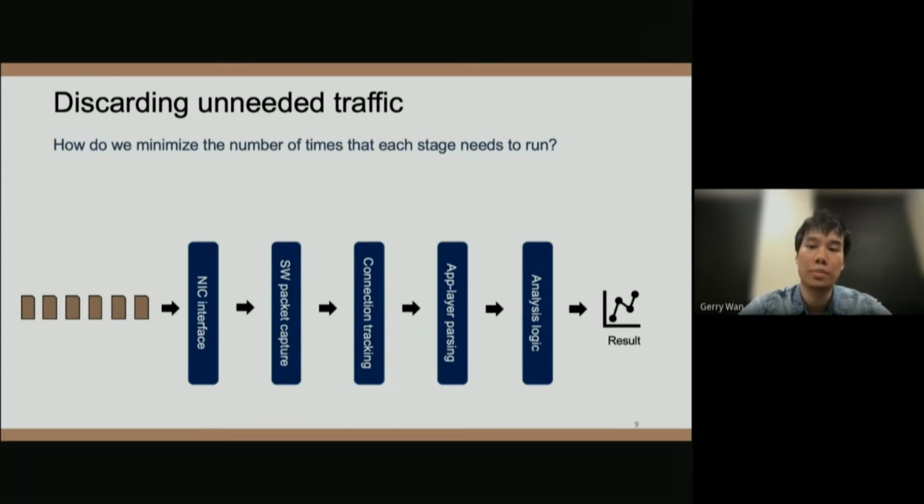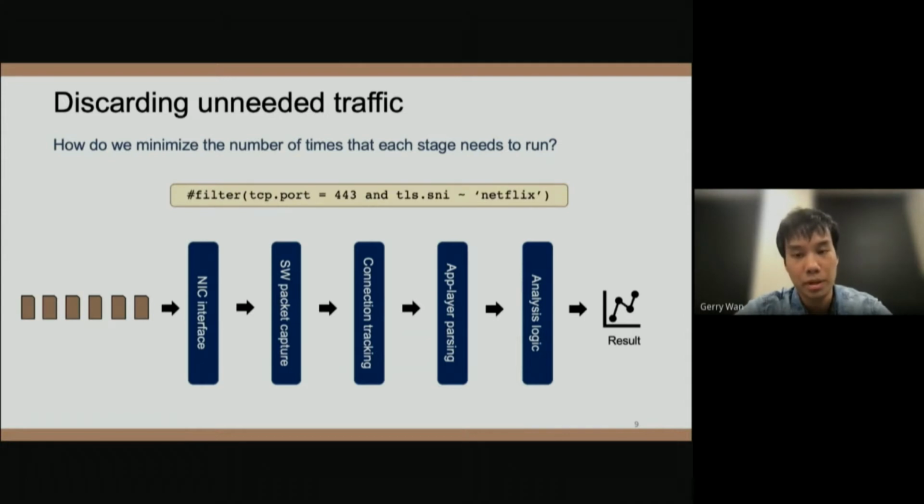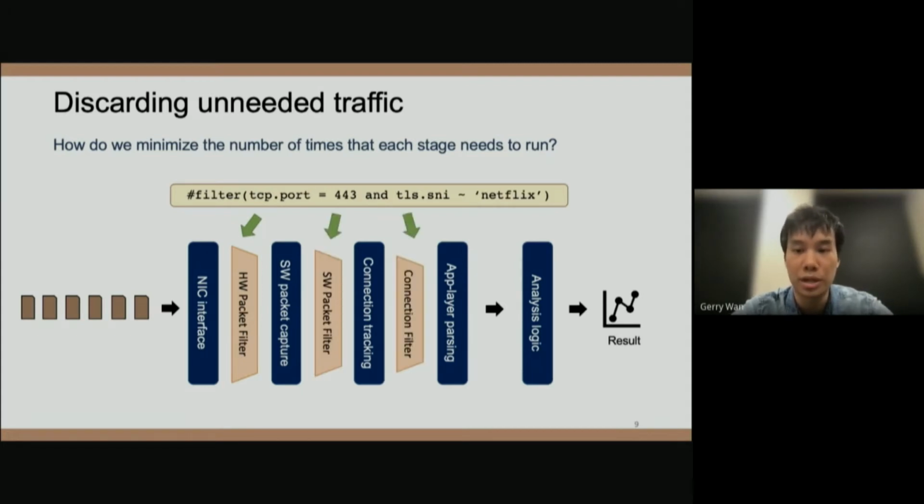So how do we actually minimize the amount of traffic that needs to be processed? It turns out that there are actually many opportunities to discard traffic at every layer of the processing pipeline, even for a simple subscription. So what we do is we decompose user-specified filters like this into multiple layers, starting with an on-NIC hardware packet filter, followed by a more expressive packet filter in software, a connection filter, and an application